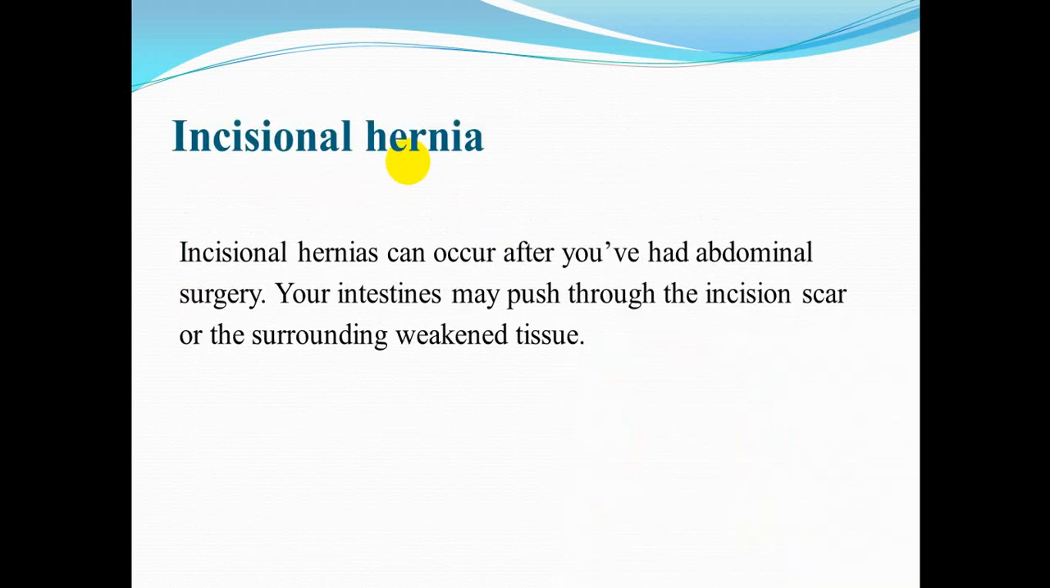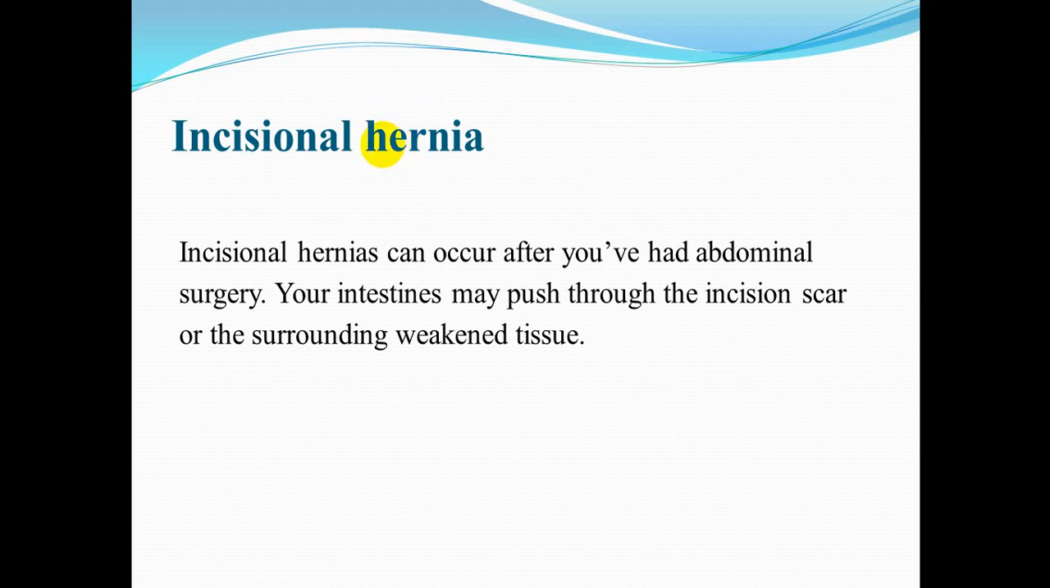Incisional hernia. Incisional hernia can occur after you have had abdominal surgery. Your intestine might push through the incision scar or surrounded weakened tissue. إنه هذا الهرنيا من اسمه incisional hernia اللي قد يكون مسوي surgical، وبعد surgical قد يكون هذا weakness بالوول abdominal wall، وبالتالي راح يسبب لنا بوش أي اندفاع جزء من الانتستين، وبالتالي راح يسبب لنا نوع من أنواع الهرنيا اللي